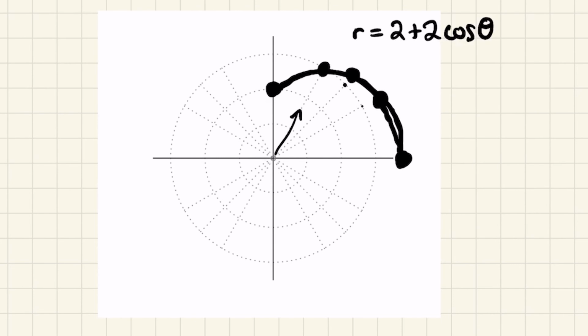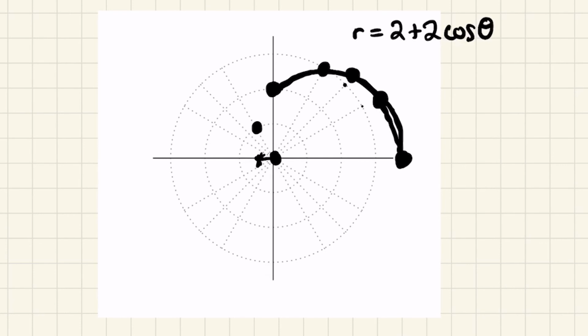Okay, and let's continue our mission here. At 2 pi over 3, we can see that our cosine values will be negative. Cosine of 2 pi over 3 is negative 1/2, so this can be 2 minus 1, which is positive 1. So it'll be right here. Okay, so we've dramatically started shrinking, and as we know, as we approach pi, this is going to eventually arrive